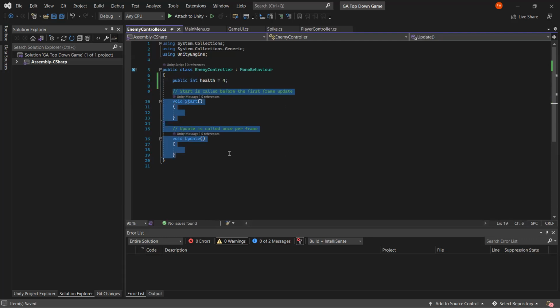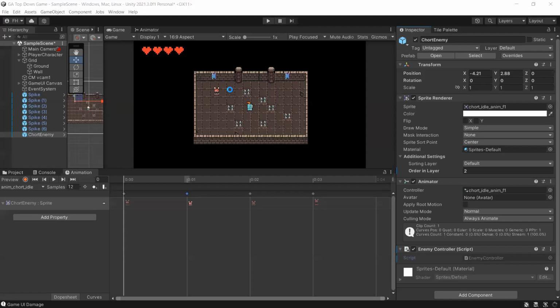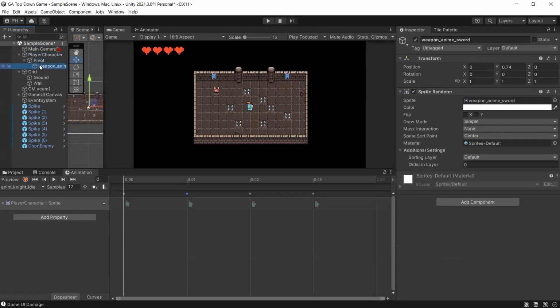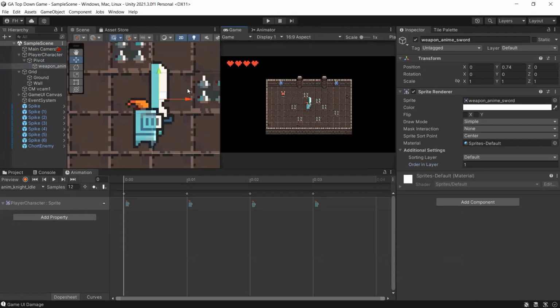Okay. So we want to detect when our player runs into him, and we also want to detect when our weapon hits him. Where's my weapon? Why is it not showing up here now? Oh, I think there you go. So